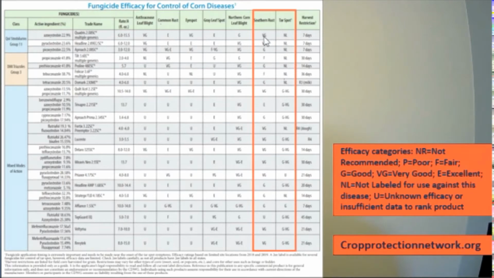And the letters here are abbreviations for these different ratings that they give in the fungicide efficacy control table. I know it might be difficult for you to see, so you'll have to take my word on it. But so far, it looks like most of the fungicides that are labeled for controlling southern rust and tar spot are good to very good. So we have pretty good fungicides out there for managing these diseases, and it's again going to be really important